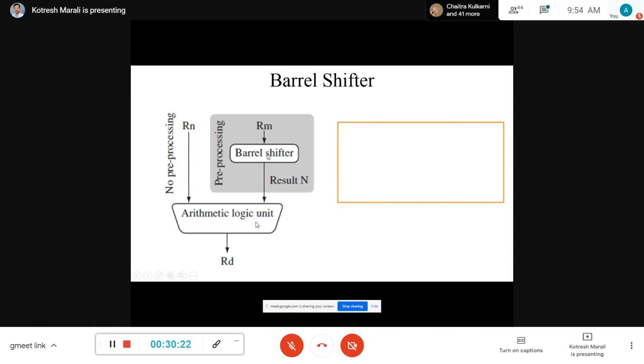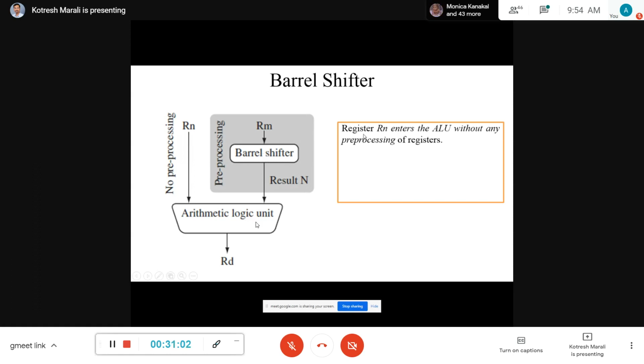So before entering into this ALU, if data is supposed to be shifted left or right by 1 or 2 bits, perform that before it enters the ALU operations. So this helps us in saving our time in many ways. If I want to multiply the data by 2 or divide the data by 2, then the value should go to the arithmetic logic unit. In such cases, the barrel shifter will help us.